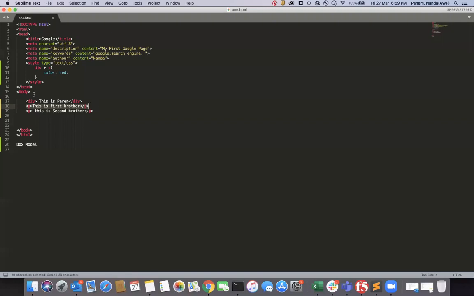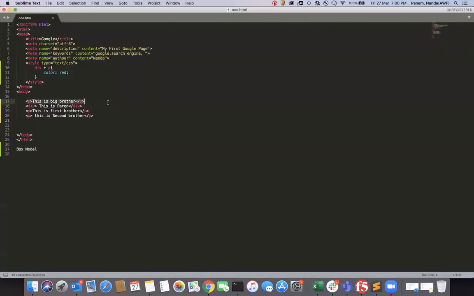Suppose I keep one more sibling on the top, as a big brother. If I execute this, you won't see color for it, because the sibling relation comes from the current element to the elements below, not to the elements above. Got my point?